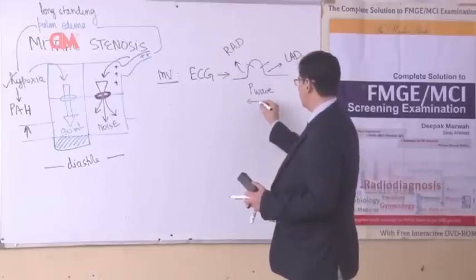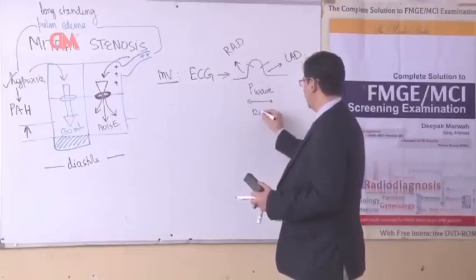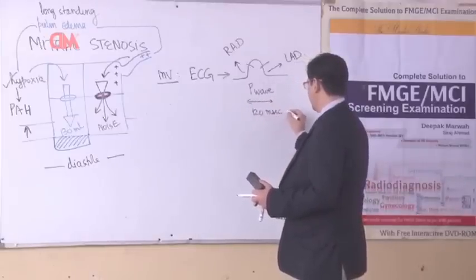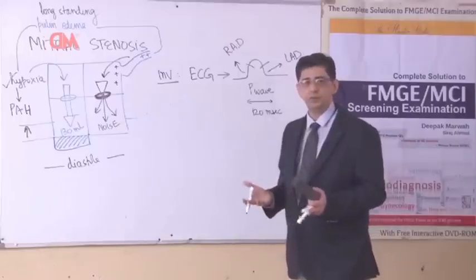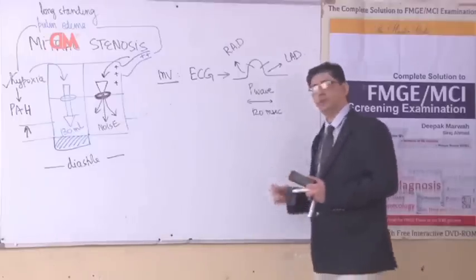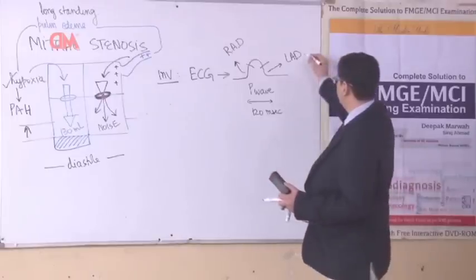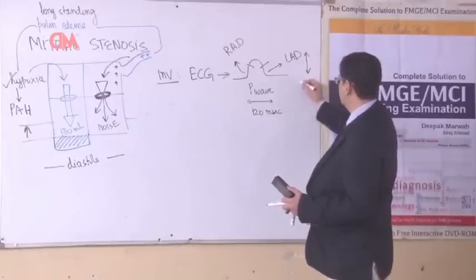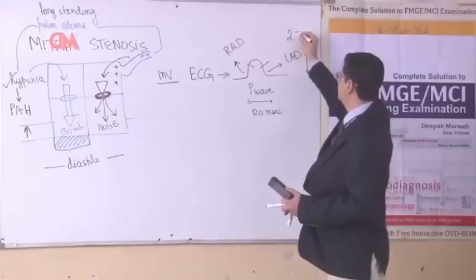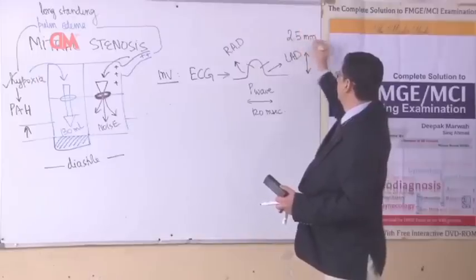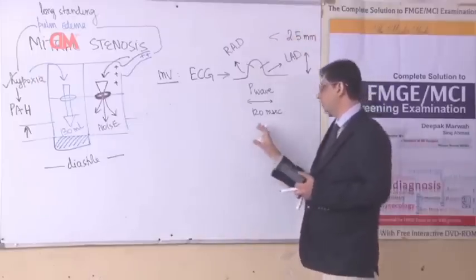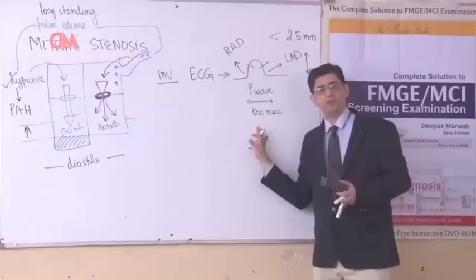Normally the duration of the P wave is about 120 milliseconds, and because one small square in the ECG is 40 milliseconds, this will make it 3 small squares in the ECG. The vertical height of the P wave in most of the chest leads will be less than 2.5 millimeter. Therefore, P wave normal duration is 120 milliseconds, vertical height is less than 2.5 millimeter.